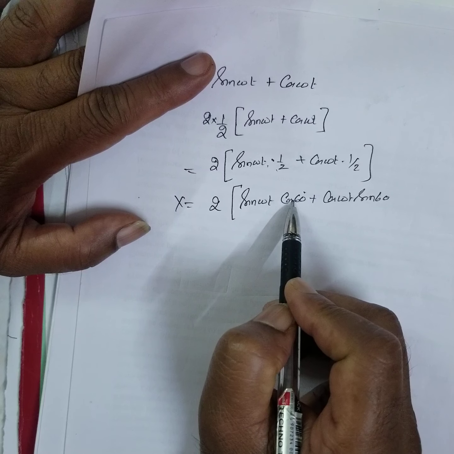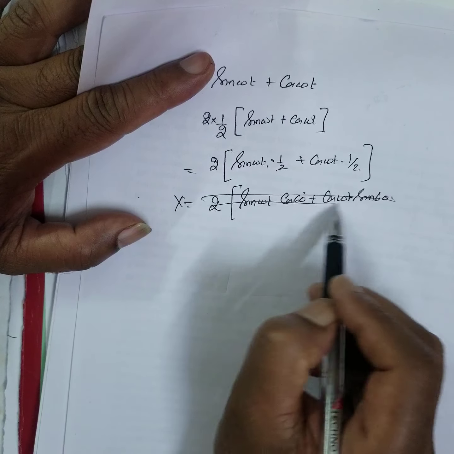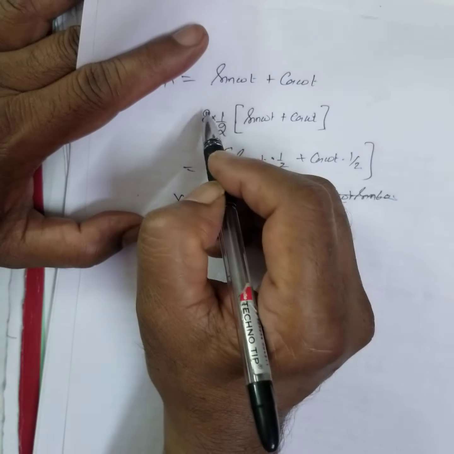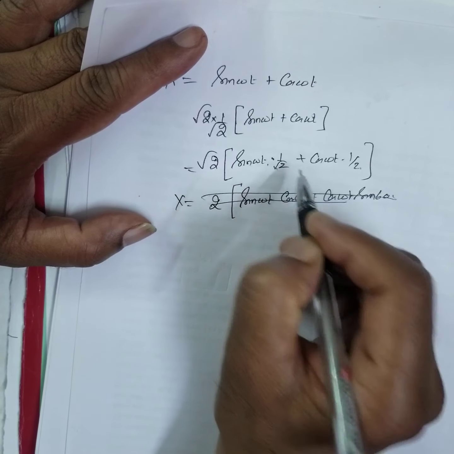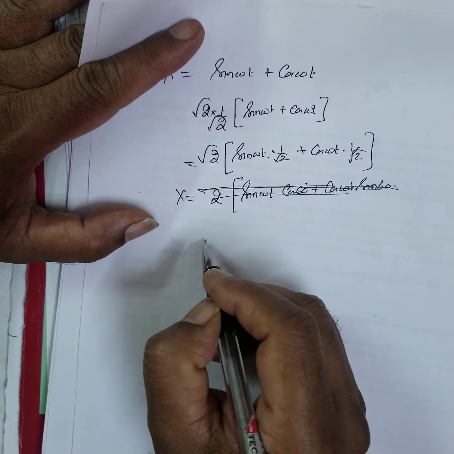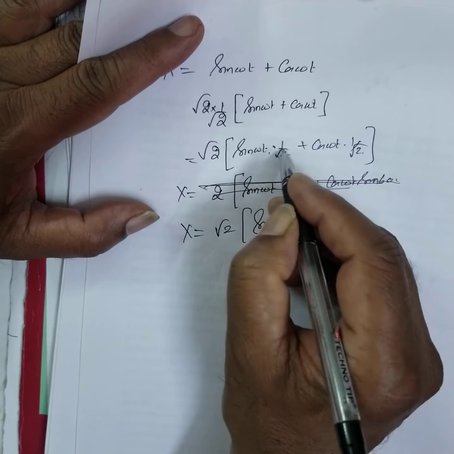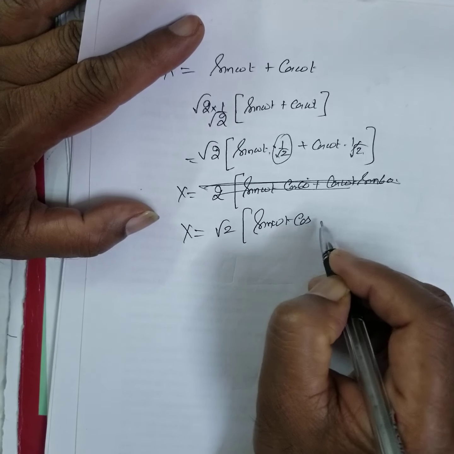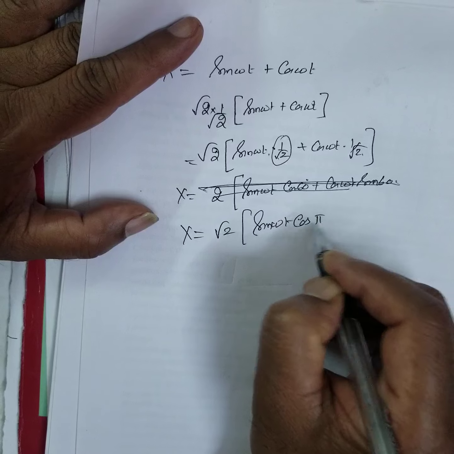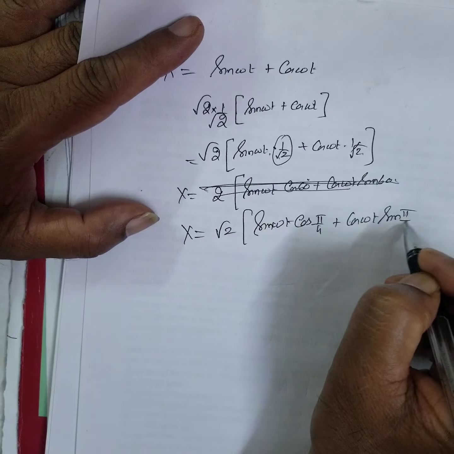Cos 30 is half. What is sin 60? It's not possible, right? Is it possible? No. Or else I do one thing. Root 2 and root 2 I'll do it. Now what will happen? Here root 2, here also root 2, here also root 2. Now x is equal to some manipulation, that's all. Root 2 into sin omega t cos 45, since 1 by root 2 is 45 degree, plus cos omega t sin 45.